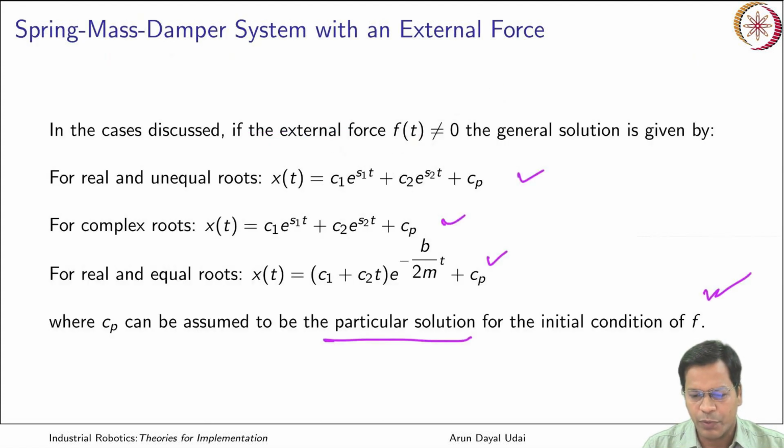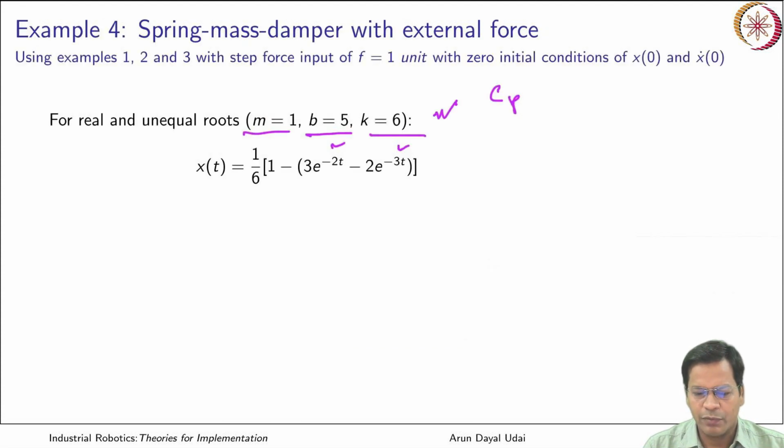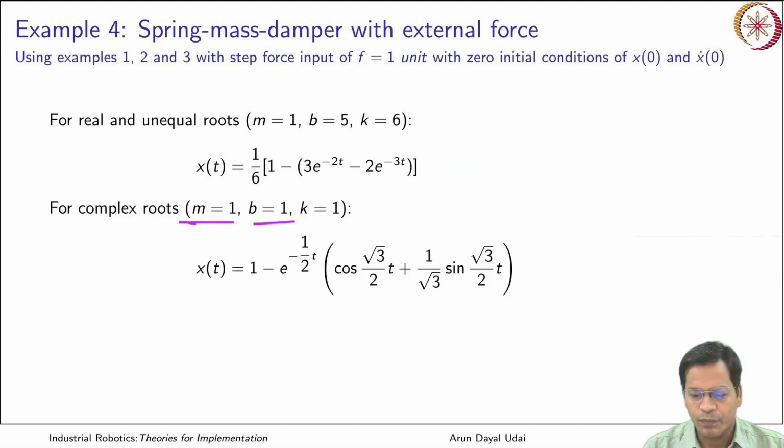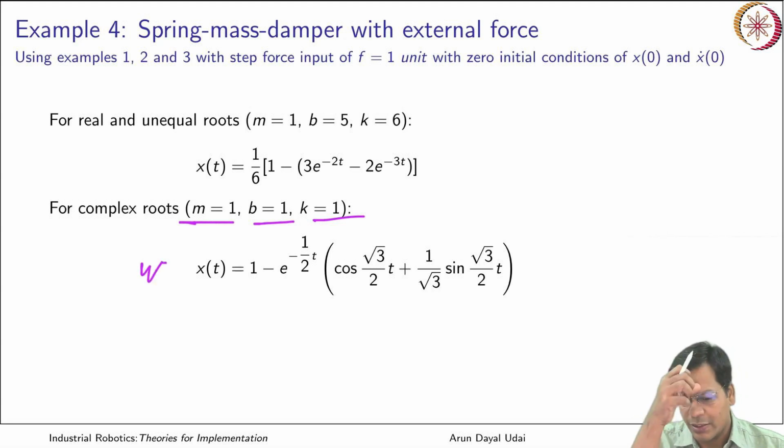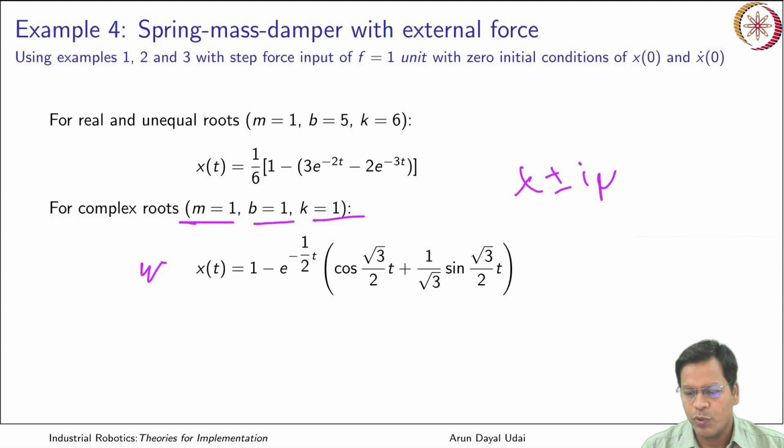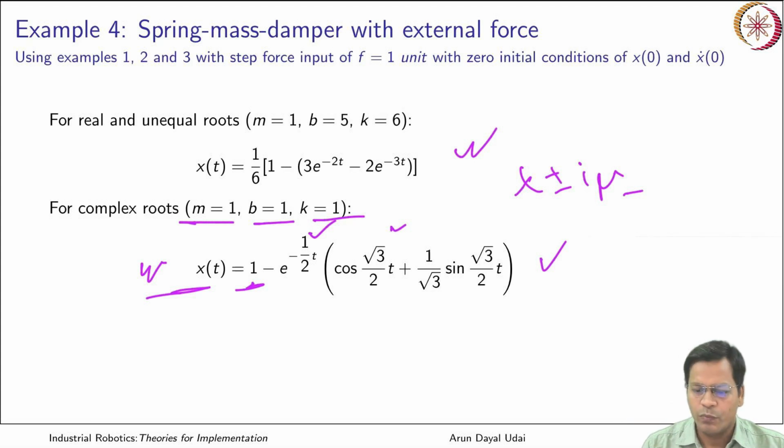If you relate it with the previous one, Cp can directly come to the other side of the equation. I can write it like this. So this is your Cp value that has come here. Okay, so this becomes your time domain solution. Again, in case of complex roots, you can write your equation like this. You have lambda plus minus i mu. So the mu term will go here, the lambda term will go here. Okay, and Cp comes here, and the time domain solution will be like this. So plotting these, you can see the influence of external force and how your system behaves with that external